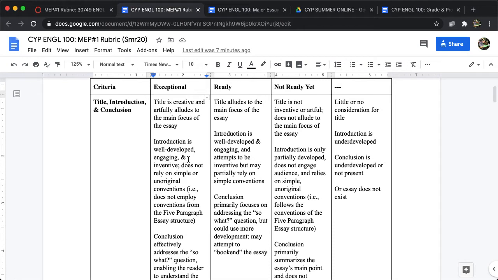In many of your essays, a lot of the feedback I provided, I recommend that you start off with an anecdote or an example, some sort of narrative example that can lead into your discussion of what your most important value is. But try to think a little bit more about how you can introduce your essay without relying on those simple or unoriginal